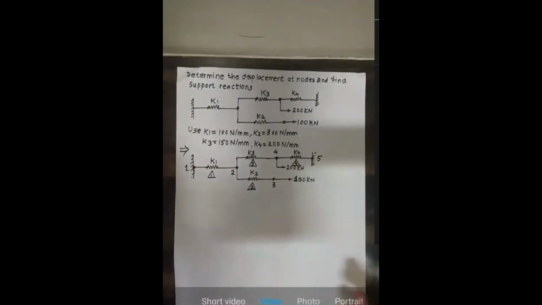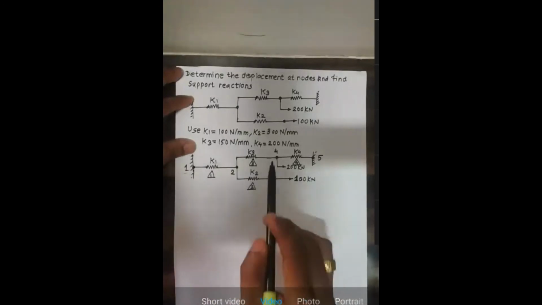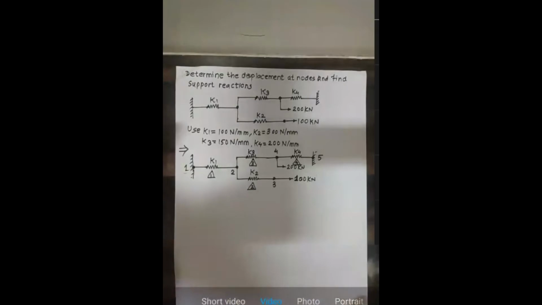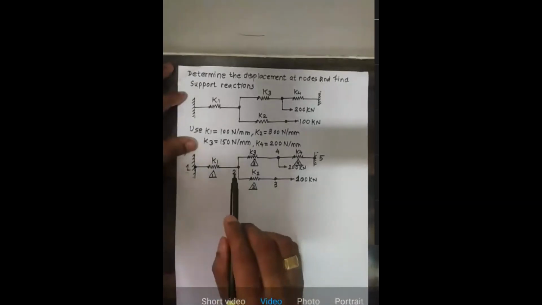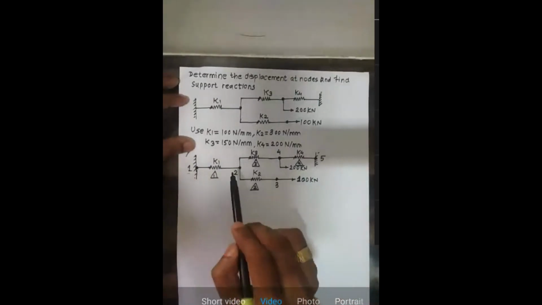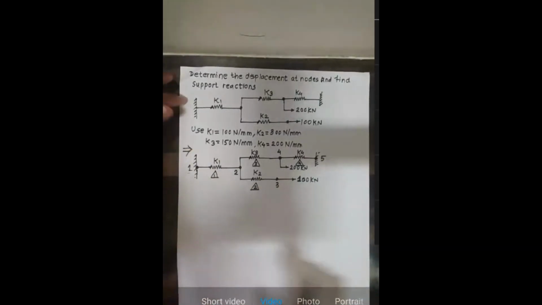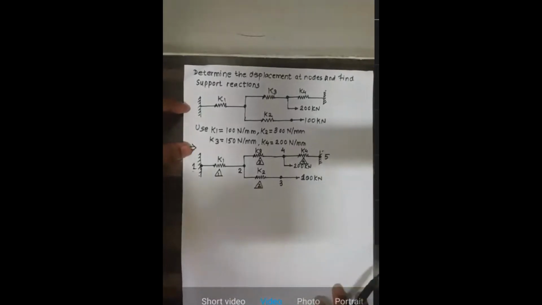If you want to number it differently, you can go like 1, 2, then this as a 3, this as 4, and this as 5. It doesn't matter. But when you are writing the element stiffness matrix and giving the rows and columns to that particular matrix, at that time you should properly write down. See here, this element number 2 is between 2, 3, so you need to write down 2, 3, 2, 3. Element number 3 is between 2, 4, so you need to write down 2, 4, 2, 4. This care you're supposed to take when you're assigning the rows and columns to element stiffness matrices.